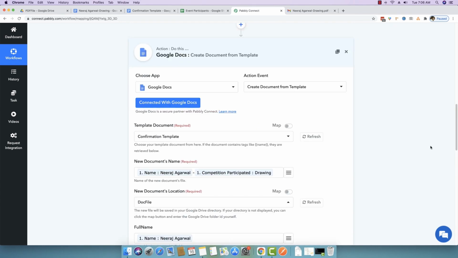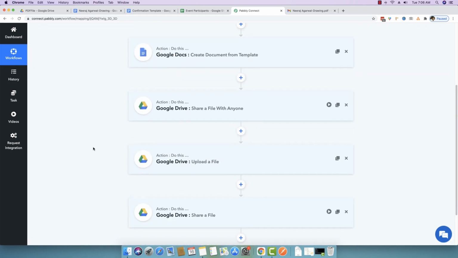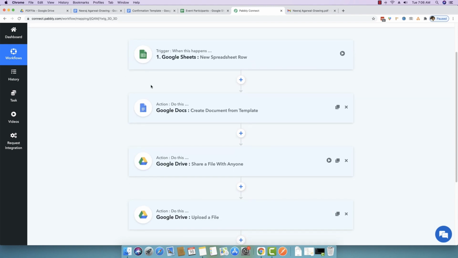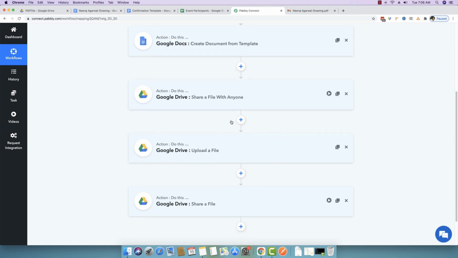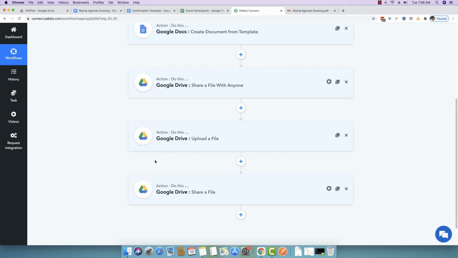We have actually created a long workflow, honestly. So what we have essentially done is, in the first step, we have captured the data from Google Sheet. Based on that Google Sheet capture, we have created a document from a template. We have created a Google Docs file. Then we have shared the very same Google Docs file with anyone. On the next step, we have uploaded a file and we have generated a PDF file, and we have uploaded that file inside our Google Drive. And lastly, we have shared the file with the very same participant email